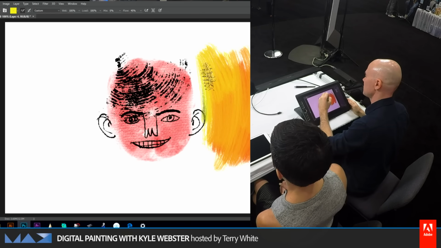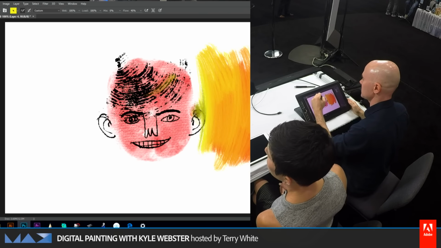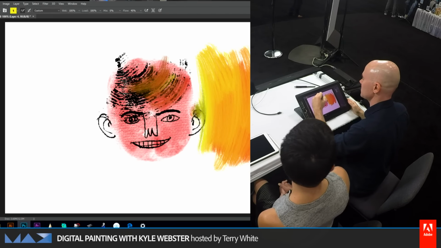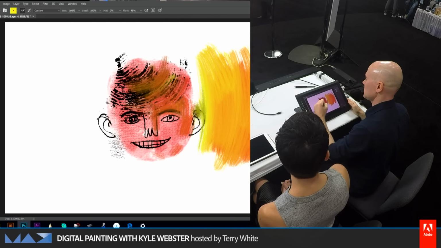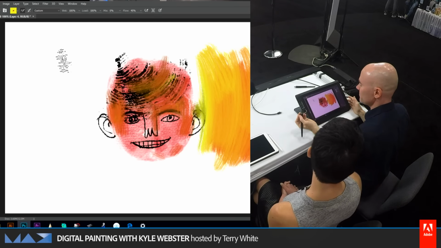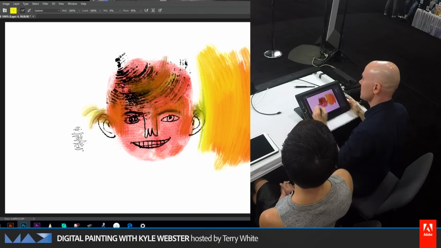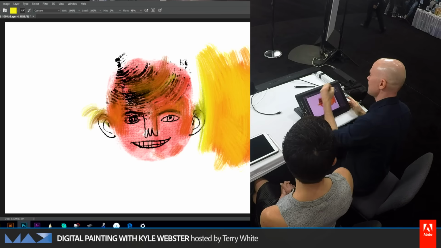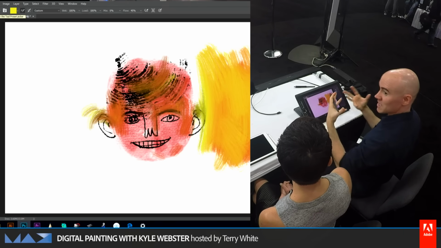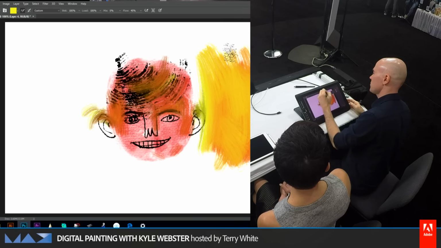And this is Photoshop's mixer brushes, which, by the way, people do not use enough. You can mix stuff together. Look at this. It's so fun. People need to do this more often. What I was going to do is, let's say I've got this blotchy area of paint, and now I want it to look like it's impasto. It's got thick paint, right? So I can just pull up